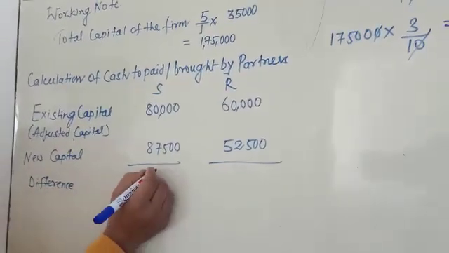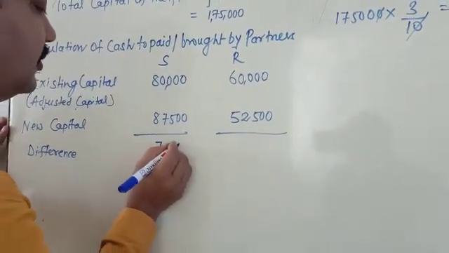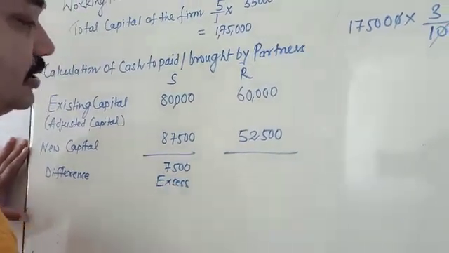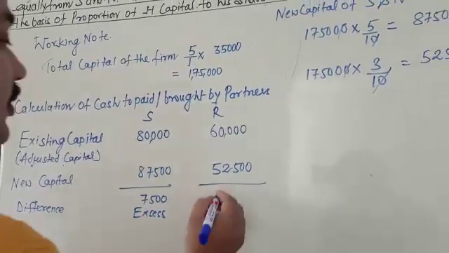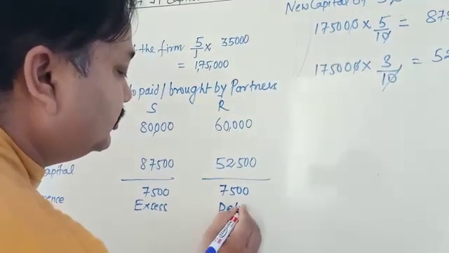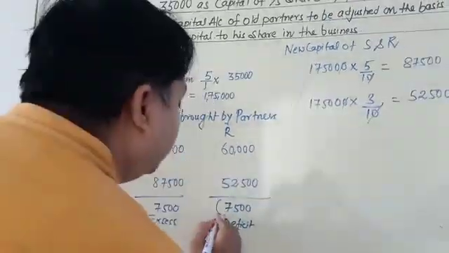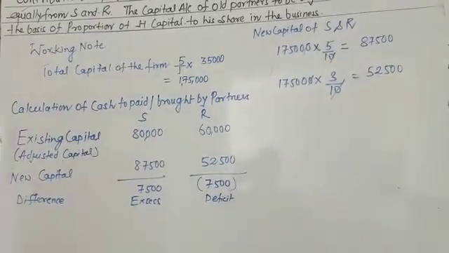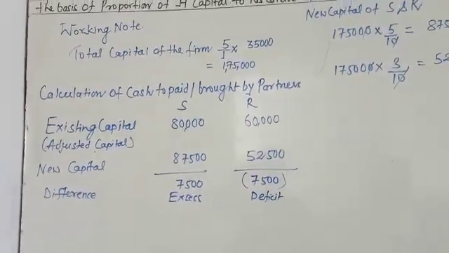You observe 7,500, that is excess. In this situation, 7,500, that is deficit amount. Okay, so we put it here in brackets. My dear student, in this situation, what you observe,